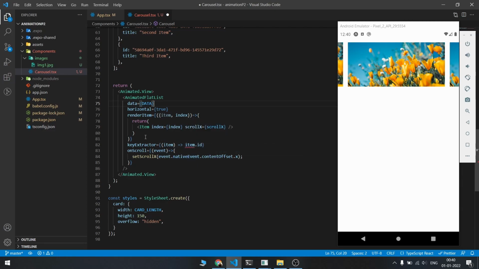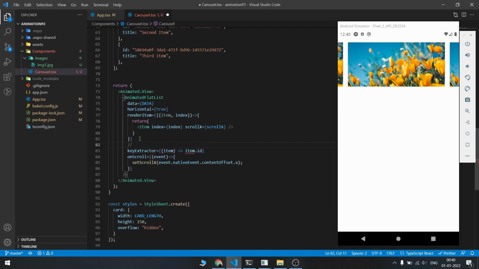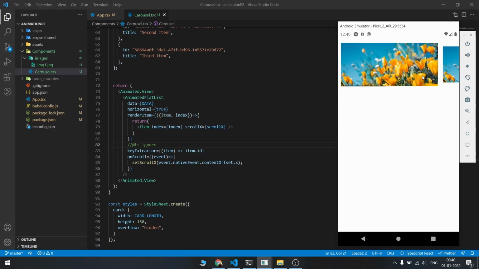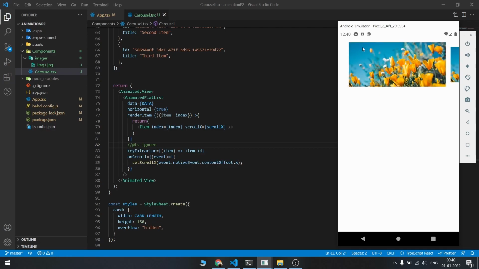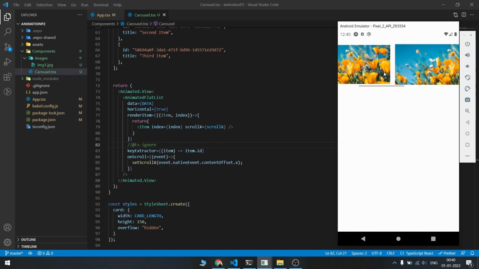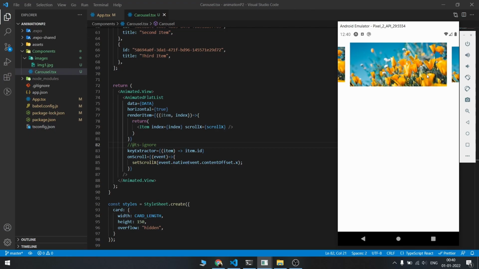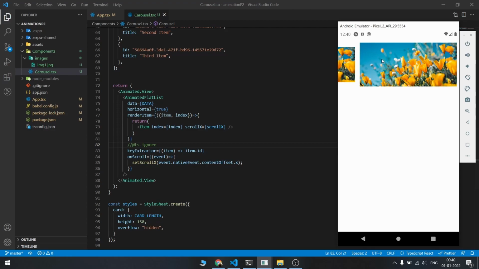Okay, there is some sort of error here. I think it's a TypeScript error. So I'm gonna add TSP here. Okay, let's see. Okay, so once we let it refresh, at state 0, our main card is bigger and our side card is shorter. And as we go here, you see this is gradually increasing and it is decreasing, right? So this is our second phase, and if we go further, this is our third phase.